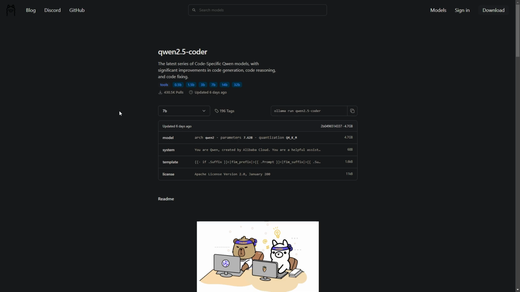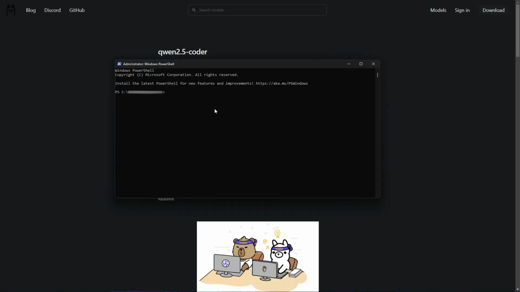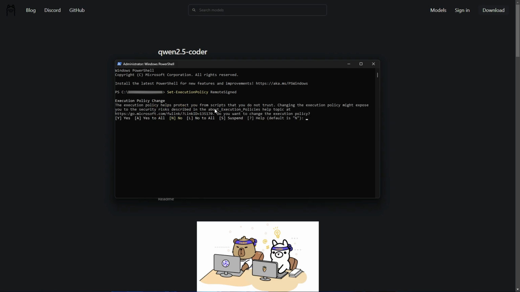Okay, before we continue, let's set the execution policy. Open PowerShell as an admin. Copy and paste this command. It will also be in the description and just run it. Okay, it will give you a prompt. You just want to press Y and hit enter. Close PowerShell, and after that, now let's clone the